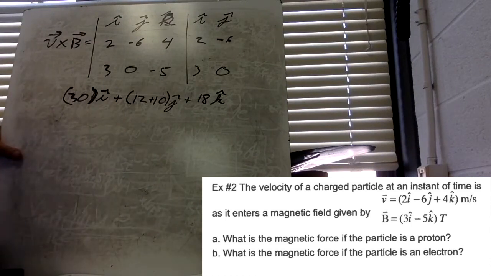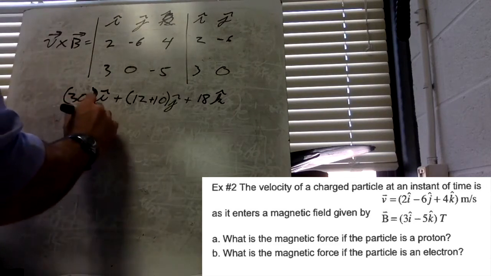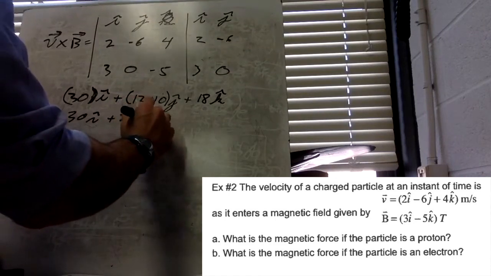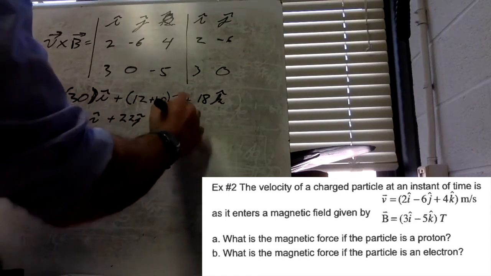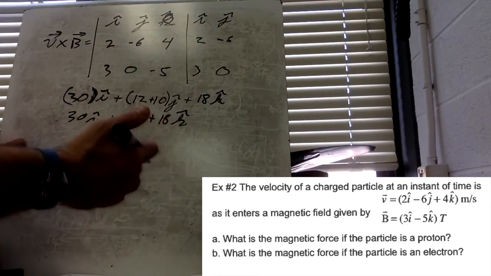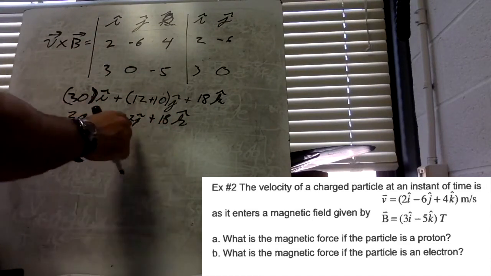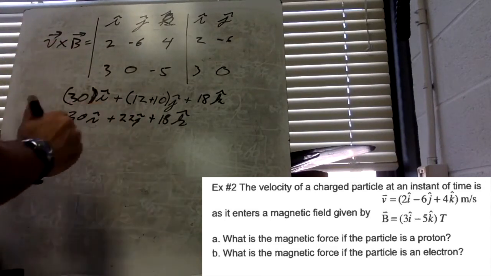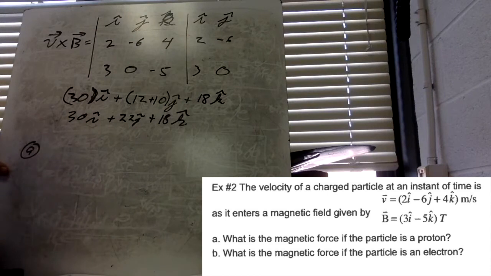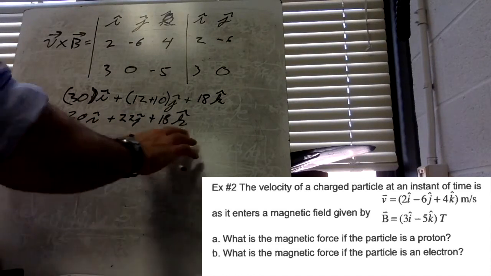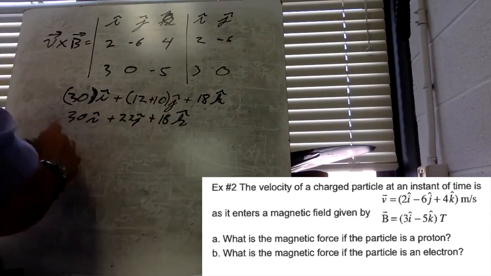And then what I'm going to do now is, so let me simplify this. 30I plus 22J plus 18K. So now if it's a proton, what I do is I take this and I multiply it by Q, because the force is QV cross B. So this is V cross B. So then for part A, it would simply be the charge of a proton. So I take 1.6 times 10 to the -19th, and I multiply it by this. And so what I think that ends up being is